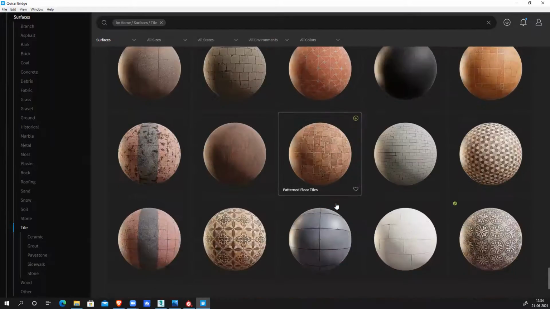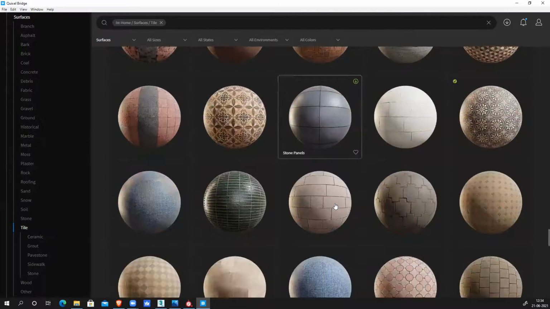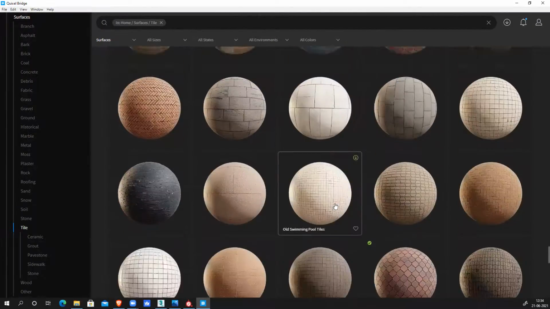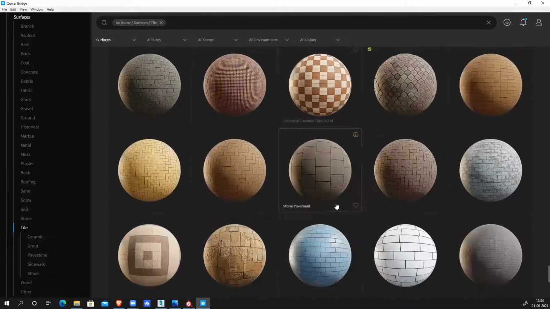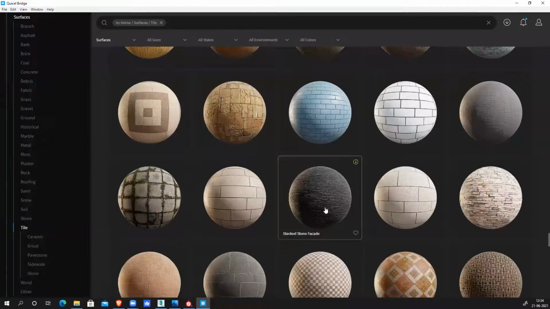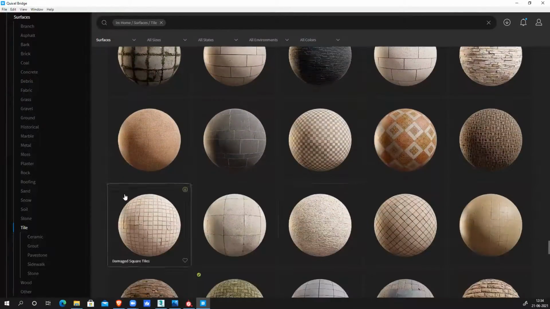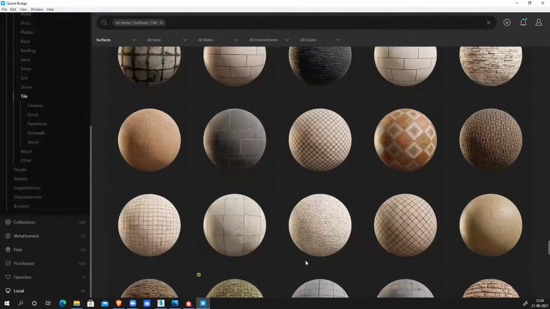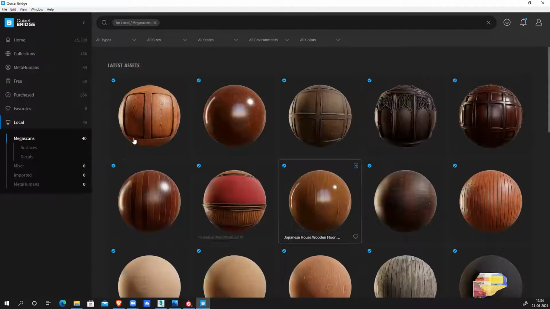This one looks nice. Okay. Local. Okay, it's downloading. Just give me a second.